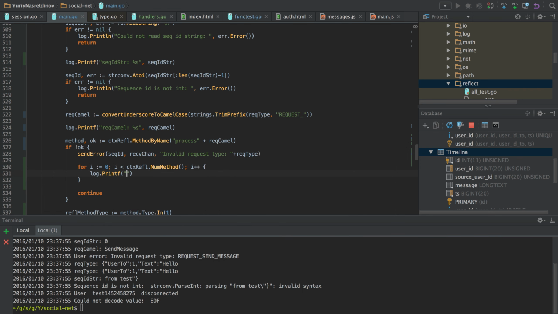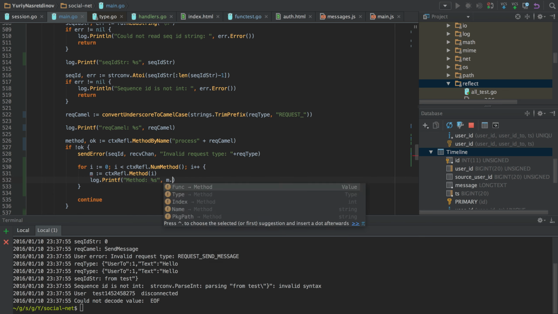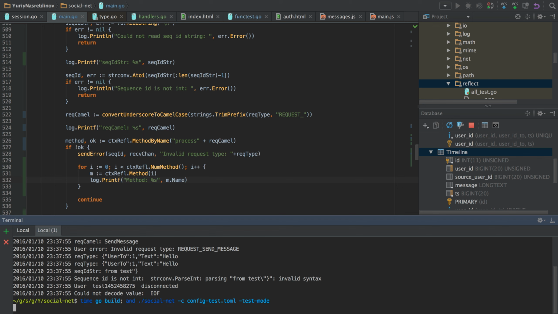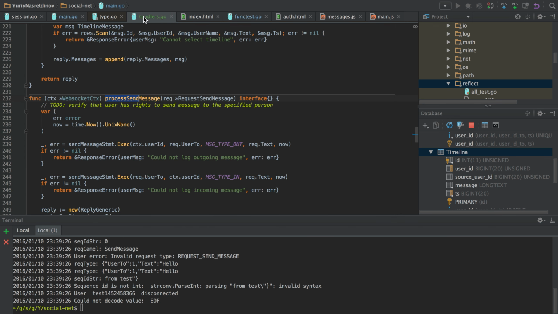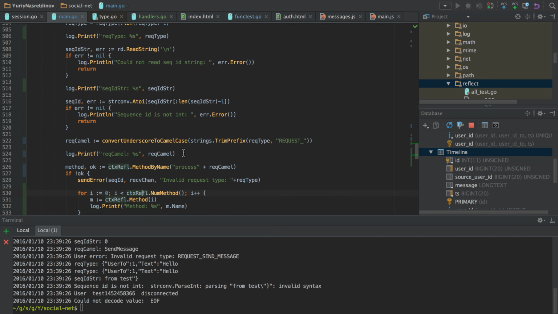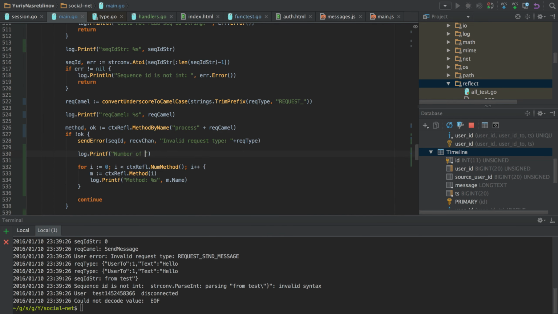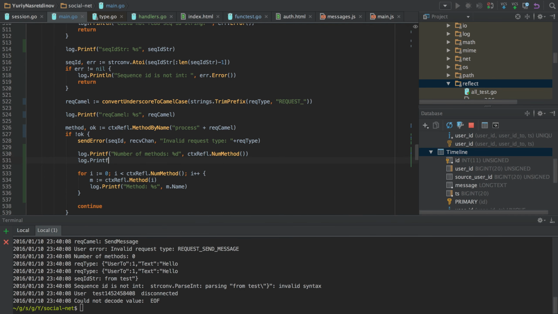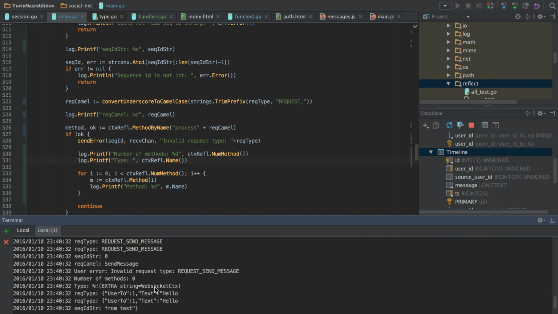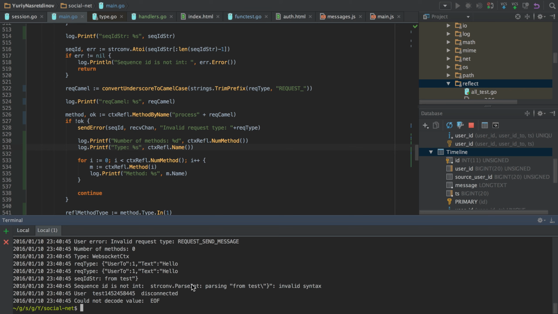So I try to print all the methods on our context, and we get 0 methods. Something is clearly wrong here.